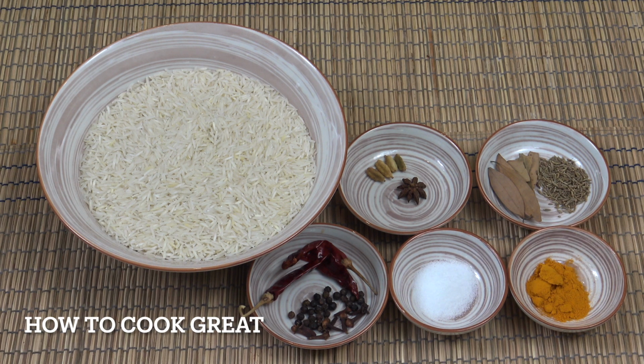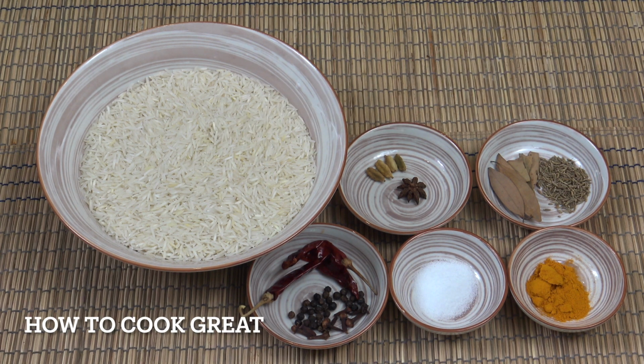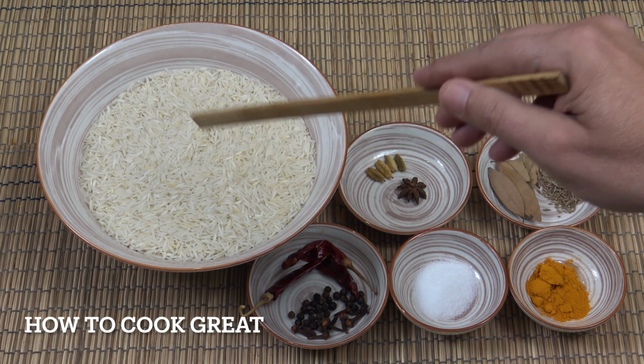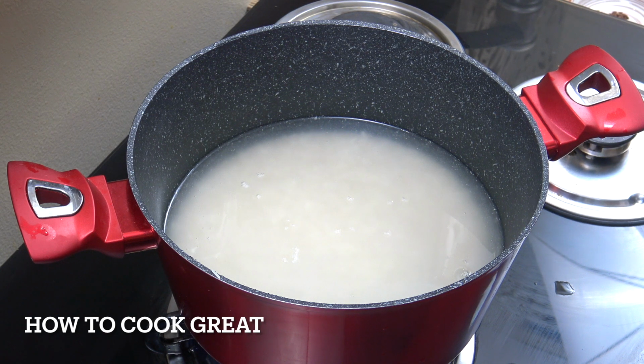Now the first thing we're going to do is wash the rice through in cold water 2 or 3 times, and then we're going to get that into the pot. Now we've got 3 cups here, so we're going to go 6 cups of water, so double the amount of water to the rice. Okay, so I've washed that a couple of times, rinsed it out, and gone double water to rice. Then we're going to add salt,